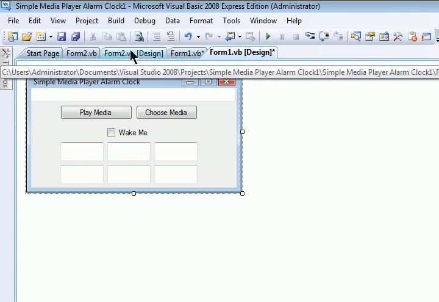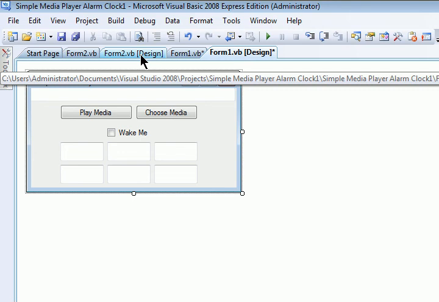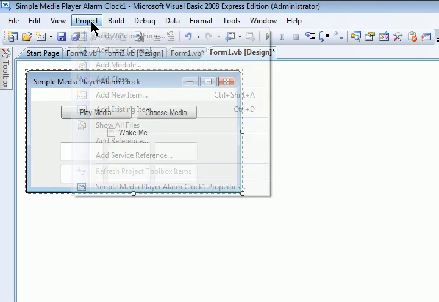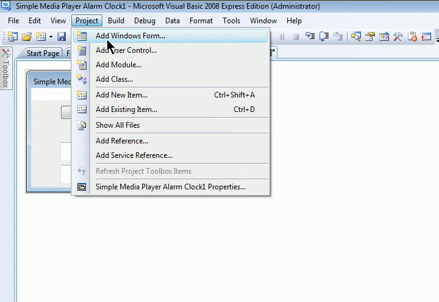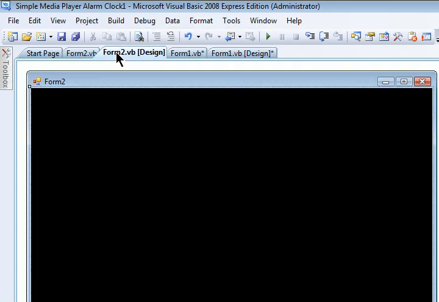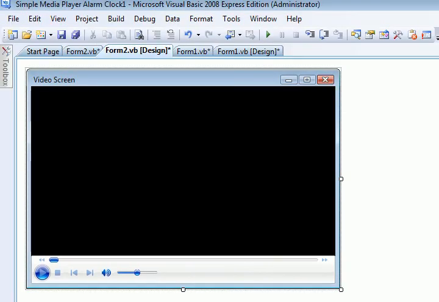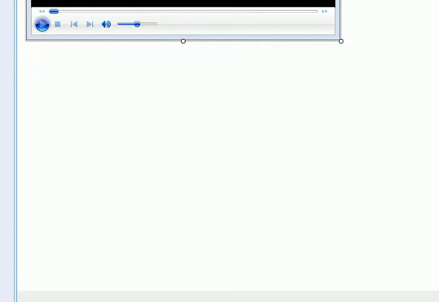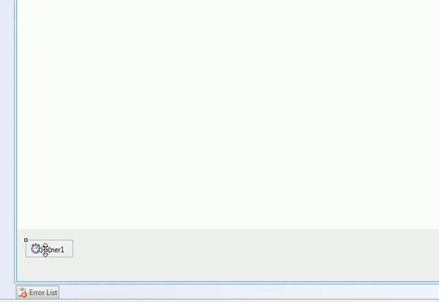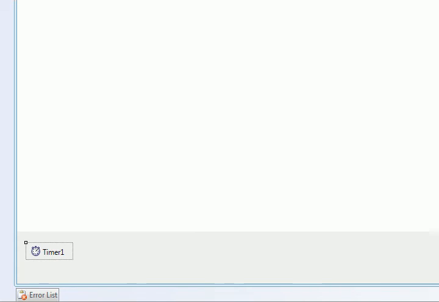The media is on a separate application, which all you have to do is go up to Project up here and choose Add Windows Form, and that's how you'll get Form 2. Form 2 has the media player on it, as you can probably see. Good. Alright, this application also has a timer associated with it. It is enabled. Its interval is 50 milliseconds, and